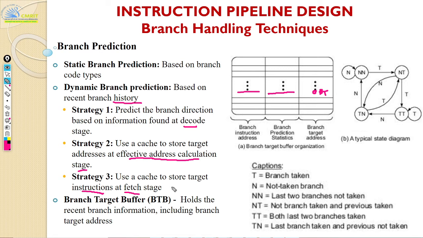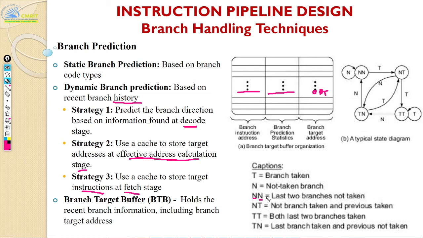So you can have these three different strategies, and you actually come up with a state diagram. It's actually very interesting. Let me explain this one. Here, when you say t, it is taken, and n is not taken. This is a simple strategy where you follow this state diagram to say whether my branch is going to be taken or not. Then n is your last two branches not taken. So here you are considering the last two states. That's the history you're talking about.